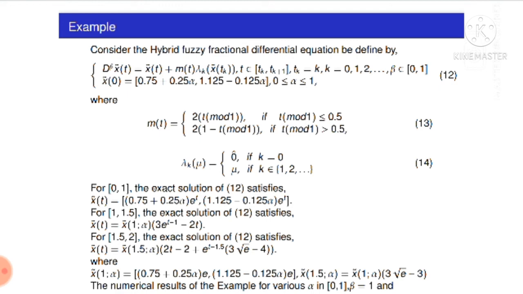Initial condition x(0) equal to [0.75 plus 0.25α, 1.125 minus 0.125α], 0 less than or equal to α less than or equal to 1, where m(t) equal to 2t mod 1, 2(1 minus t) mod 1, for mod 1 less than or equal to 0.5, mod 1 greater than 0.5. λk μ result equal to 0 if k equal to 0, μk equal to 1, etc. For the exact solution of x(t), 0 to 1, 1.5 to 2,